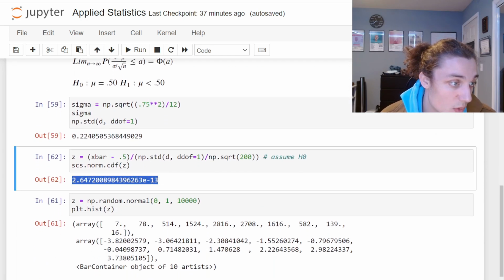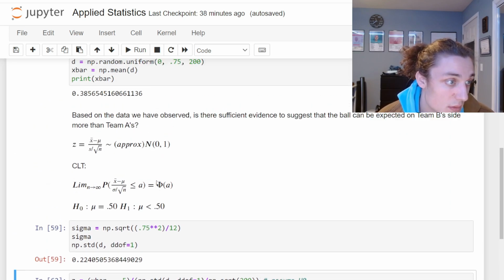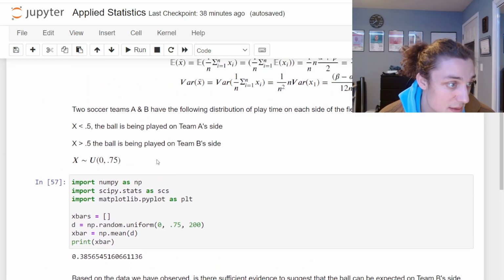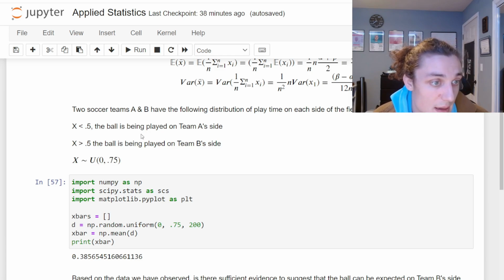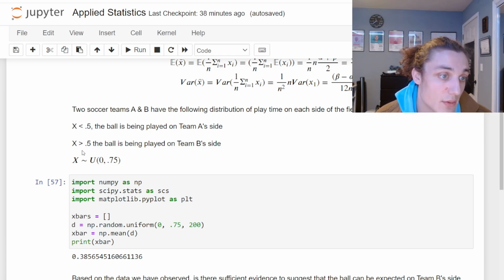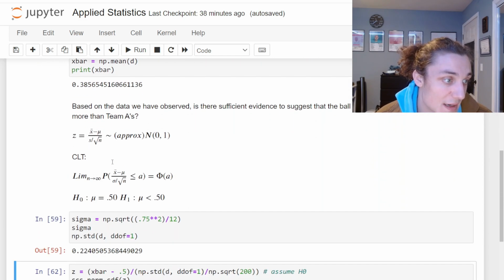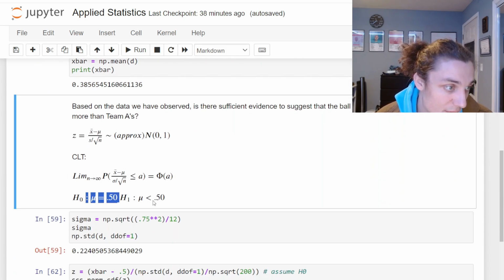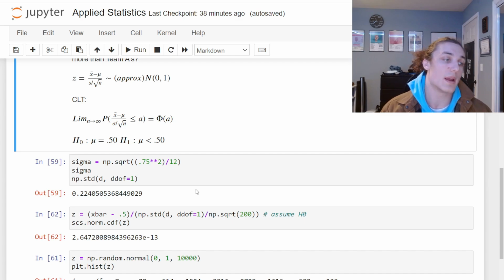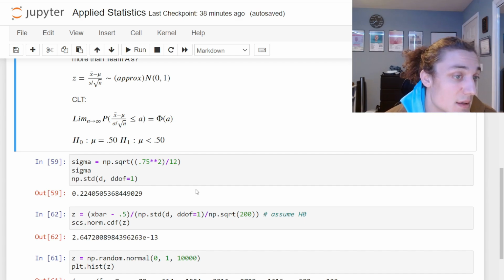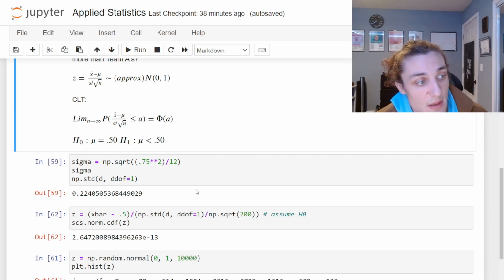Okay, so a better approximation, or a better estimate rather, for the population average is that it is greater than 0.5. So we would reject this null hypothesis in favor of this one, that the population parameter is less than 0.5. In other words, long way of saying, we've statistically shown